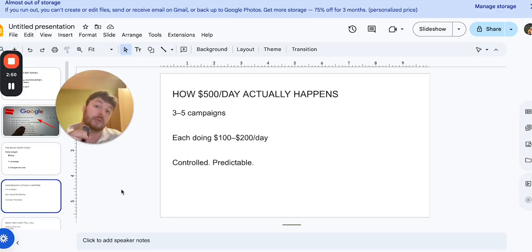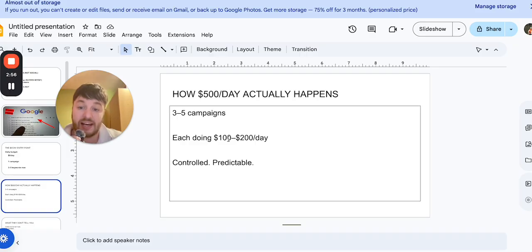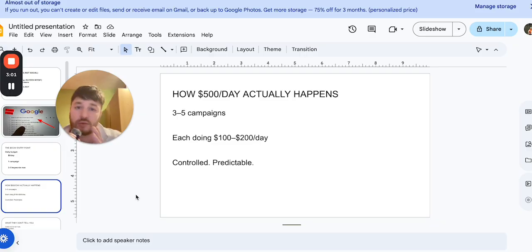Okay, how to get to your first $500 a day with affiliate marketing as a beginner with Google pay-per-click ads is basically having 3 to 5 campaigns and each of them doing at least $100 to $200 a day. All right, so one of the products will do really well and one of the audiences will tend to do really well. Then suddenly you are going to find yourself making $500 days or $100 or $250 per day